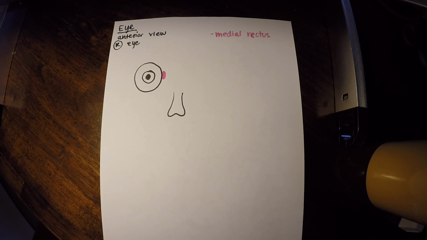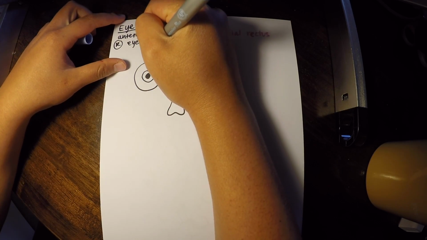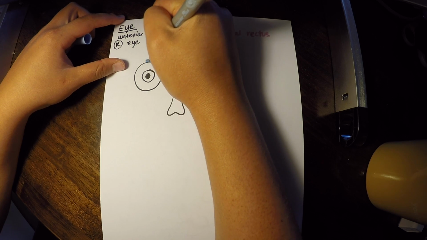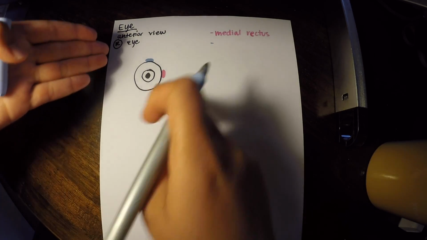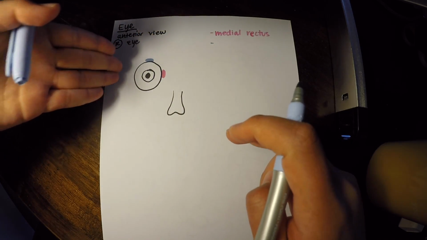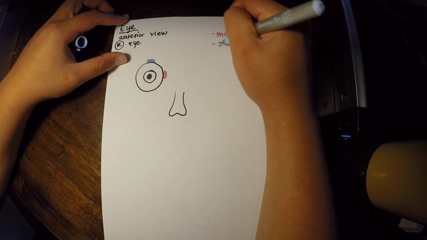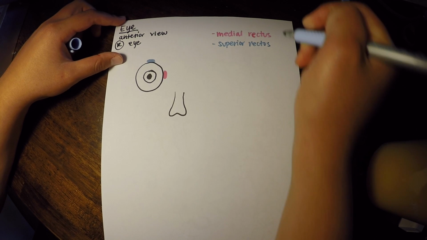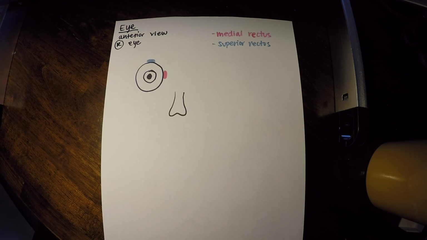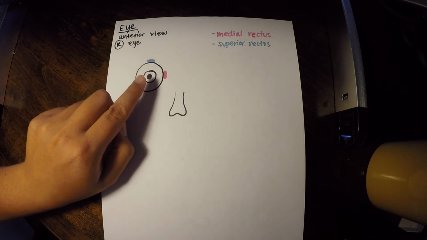Then we have a superior rectus, which is just like it sounds. It's superior. And rectus means straight up and down. So these muscles that have the word rectus in it are all going essentially straight in a line deeper into this page, into the skull. So superior rectus, and that superior rectus is also innervated by cranial nerve number 3. And what that does is it brings the eye superiorly.